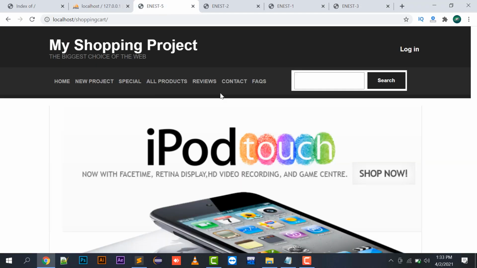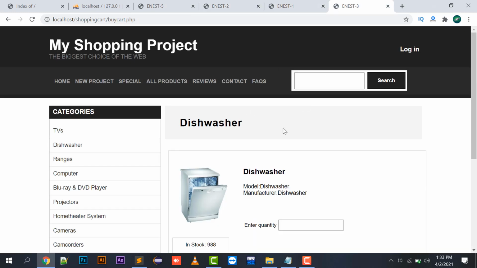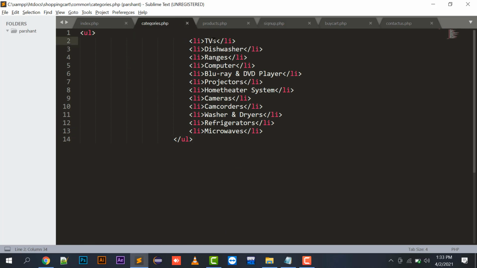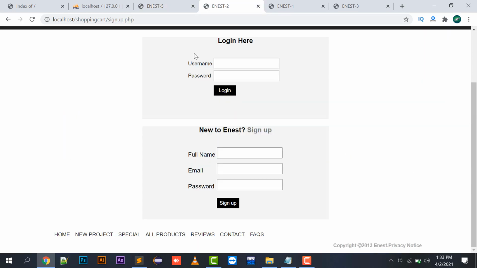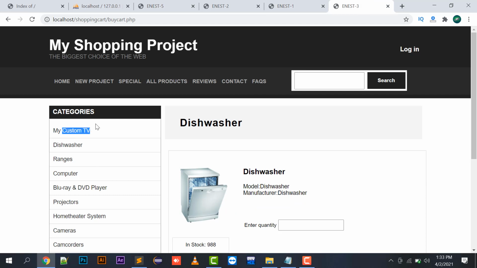And moving to the next part, these are common. Let's check whether it is common or not. If I write some custom text over here, let's see, it refreshes on all the pages. So this is my index page, this is my contactus page. So this is the benefit of a common file. By updating only one file, you can have the changes visible in all your files, right?